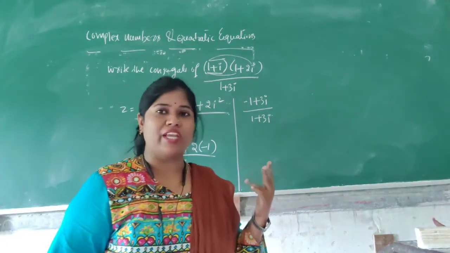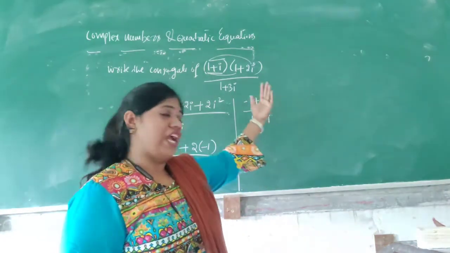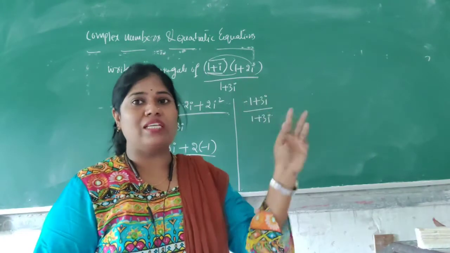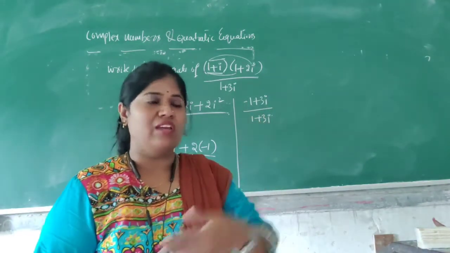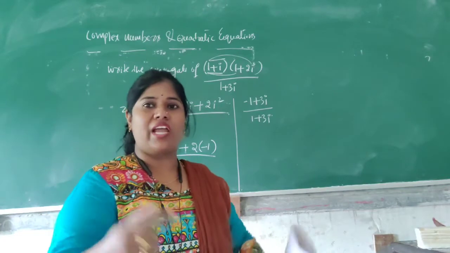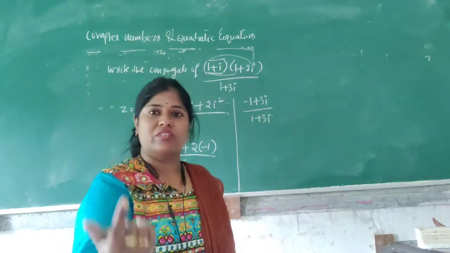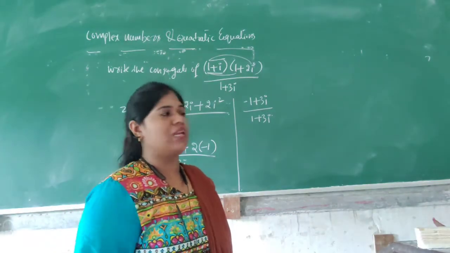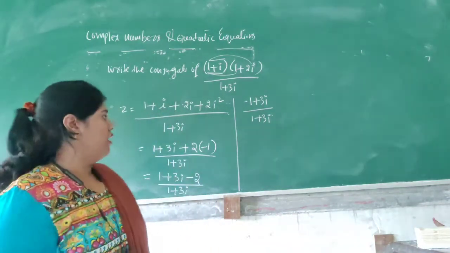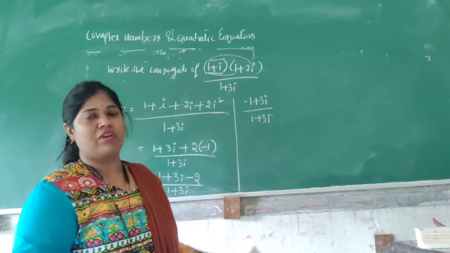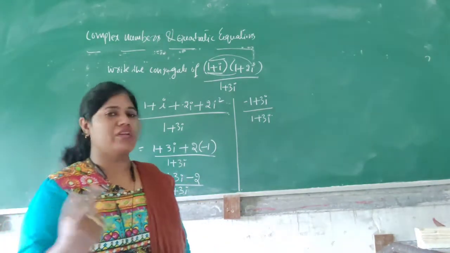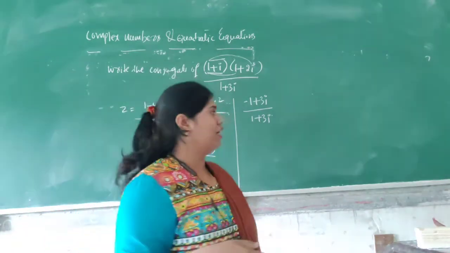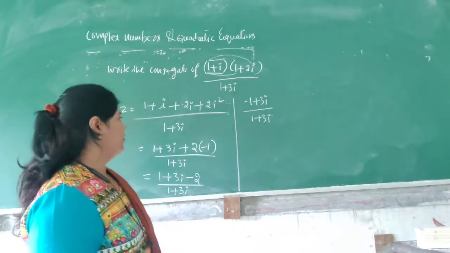That is i cube value, i to the power 4, till i to the power of 4k. You can do it, okay? So you just go through the integral powers of i, the values. You can try it for i to the power of 5, i to the power of 20. So many powers you can write, so many you can practice. If it is a big number, you can check in terms of i raised to 4k is equals to 1, okay? You'll come to the idea.